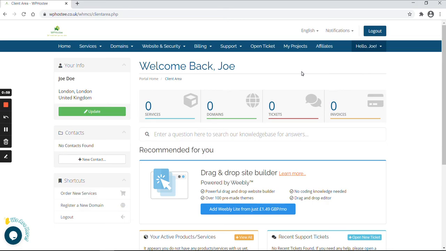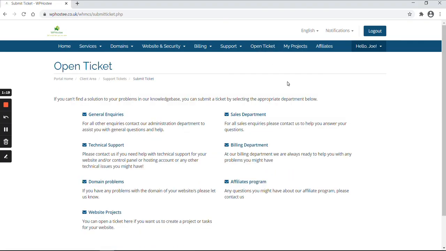Having reset your password, you can now log into your account by clicking on the login button here. Here you will see the menu on the top where most of the options are to be found on your account. Open Ticket. From your account, you can open tickets if you have a problem with your website or